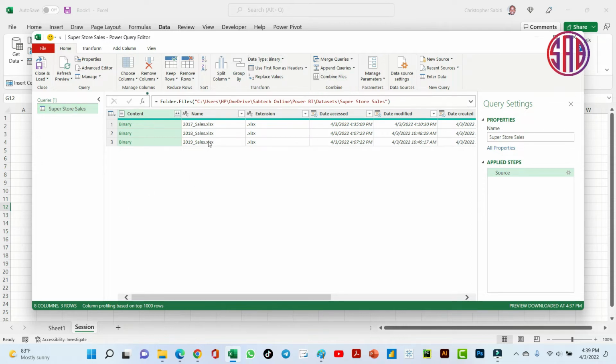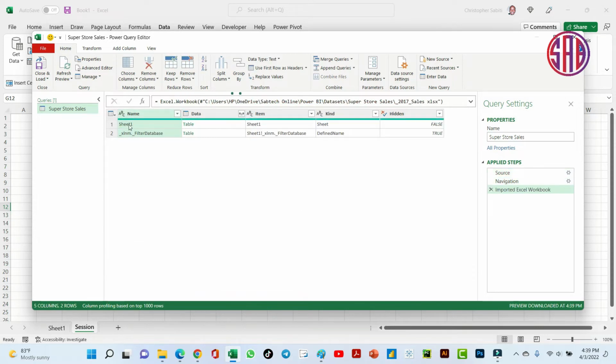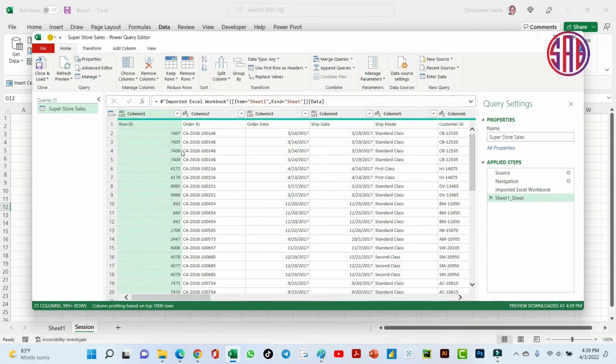Now when you check this data, we see that the font color of the binary or the content field is different from the others, and when I hover my cursor there, it is linkable, which means when I click, it should be opening what is appearing in that binary. So you see there is a sheet, there is a table. So when I click on the table, it will show me the data that is there. So this is it. But I never wanted to take that path,